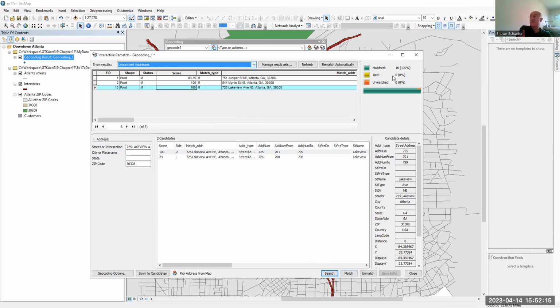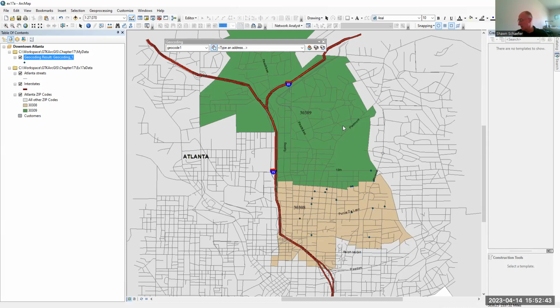Now, if you've got thousands of addresses, this might get a little tedious, okay? Or if you are not familiar with the area, it might be hard for you to make some decisions. Another thing I'll point out, I'm not going to do it right here, but you can pick address from a map. So if you know where something is located and it doesn't have a match, you can just pick it and specify it right on the map. So I'm going to hit close there, and it adds all the matches back in. And you can do this. You can go through the matching process more than once if you